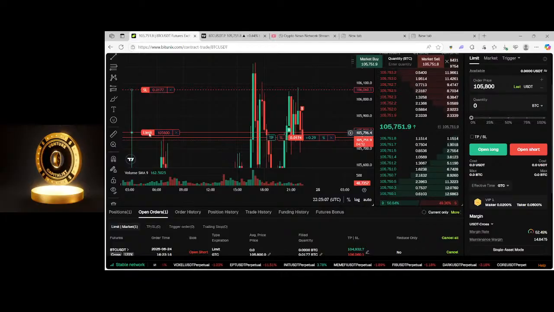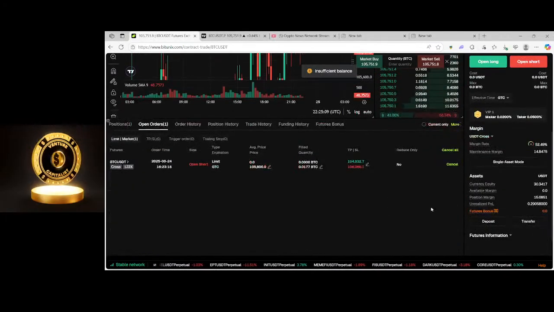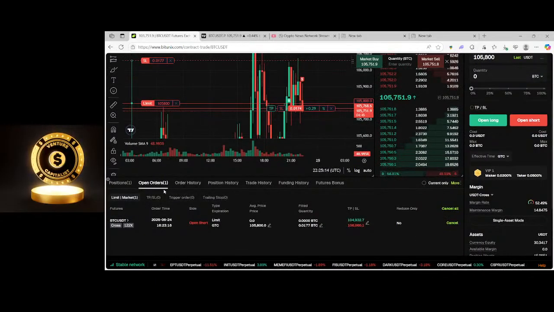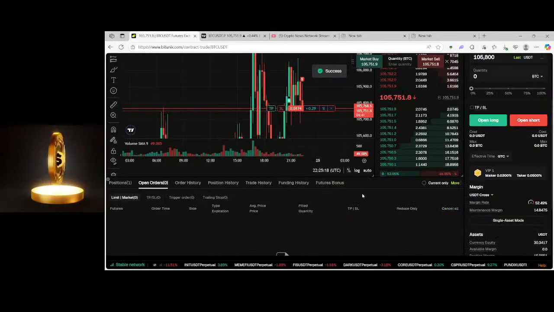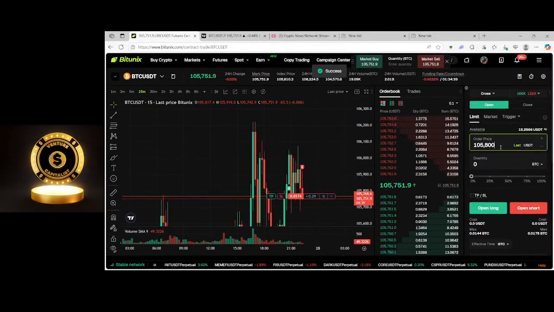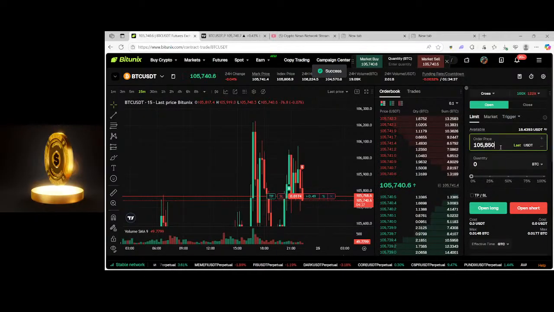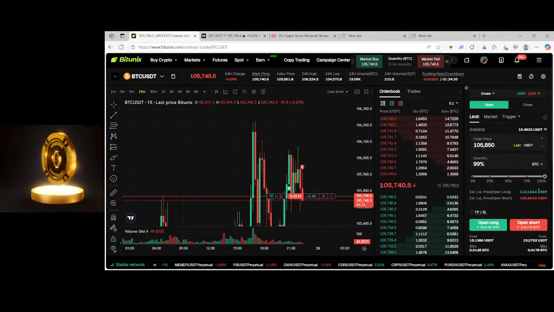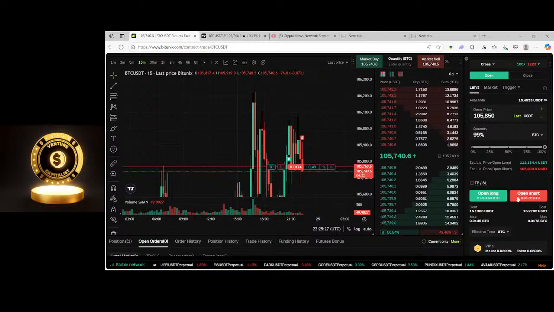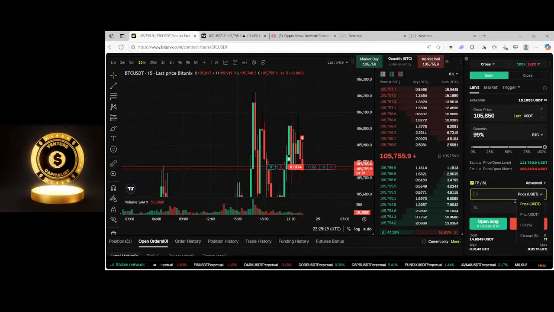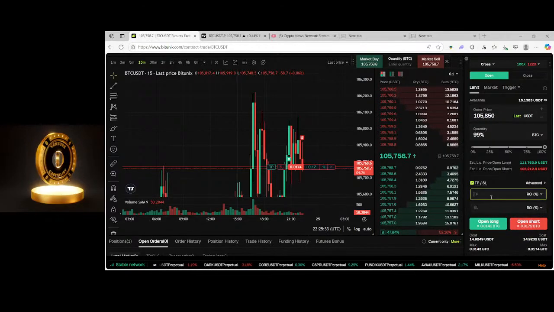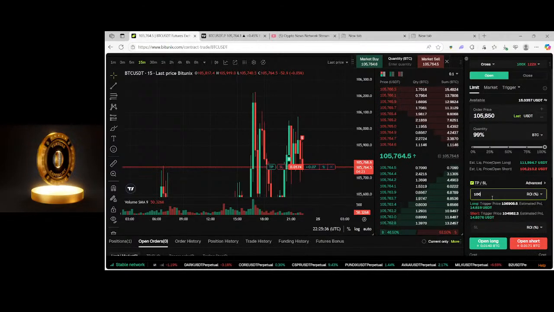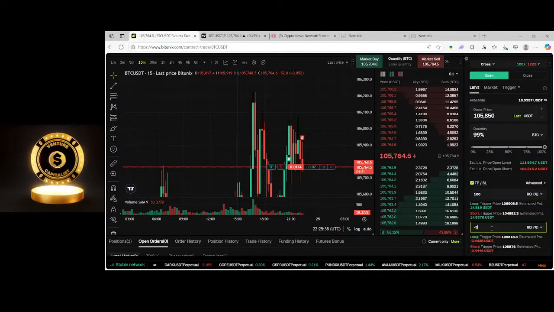And a lot of times if you try to move it, it doesn't move. It's because all your funds are already invested somewhere. So then you would just go to your open order, cancel it and say, you know what, I'm going to raise this up to 105,850 as my entry. I'm going to do 100% of the $15 that is left. My stop loss and return on investment: I want to make 100% on the take profit, and I want a 30% stop loss,